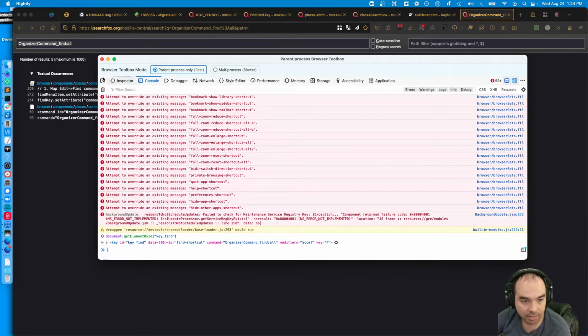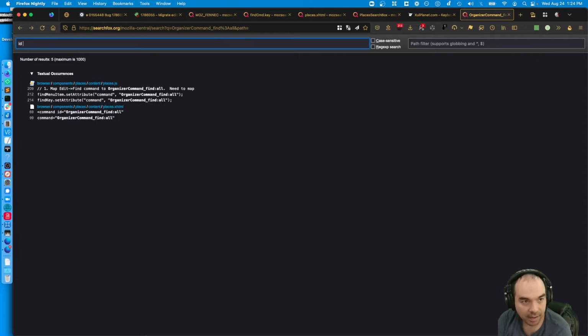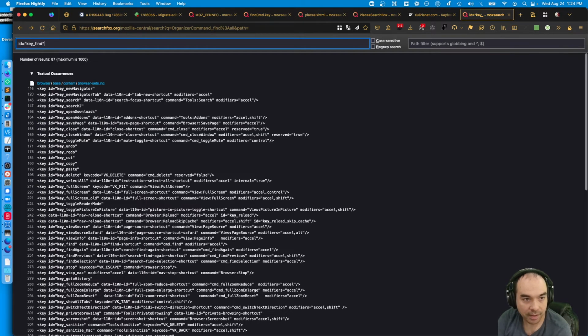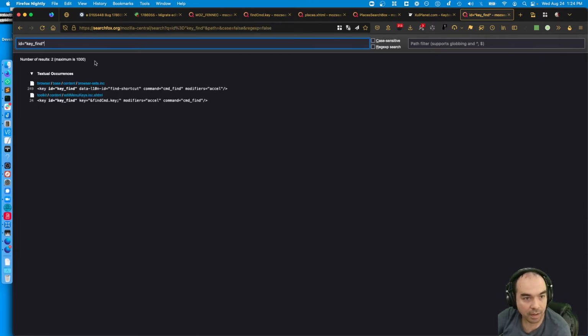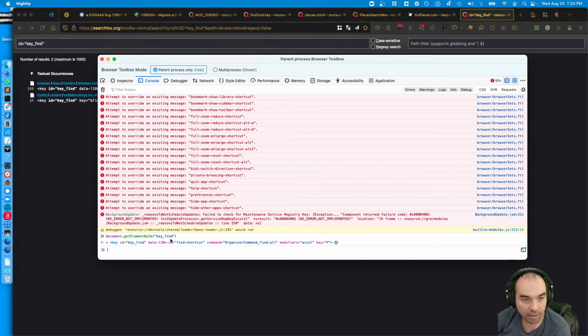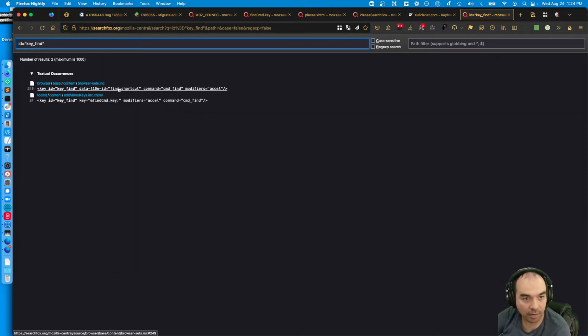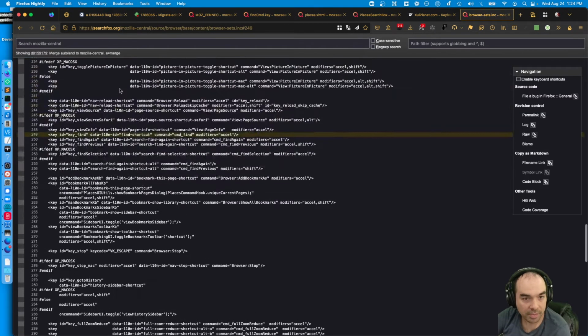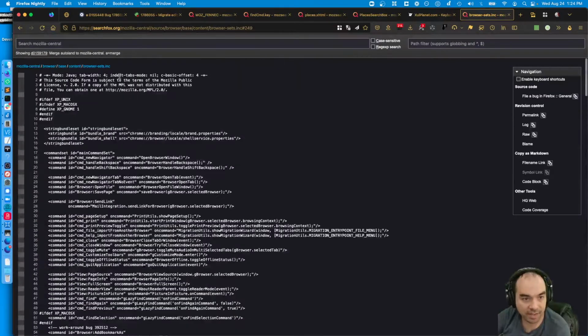Is that possible? ID equals key find. Yes. Yes, and I think that might be what we're running into. I think this is the one that is being used from browser sets.